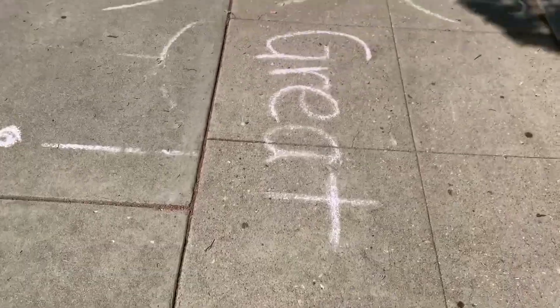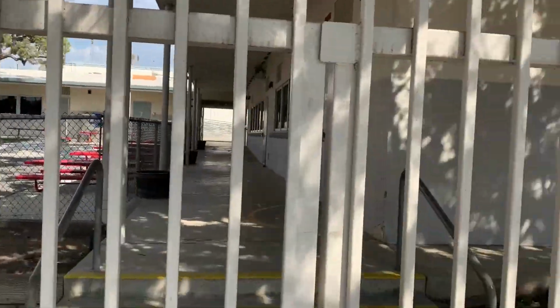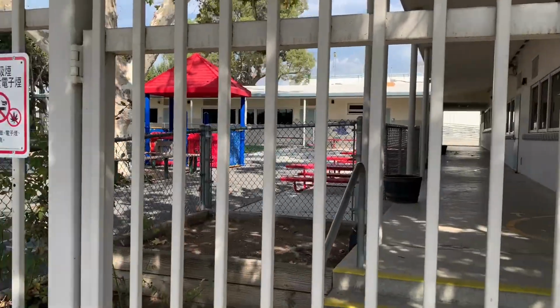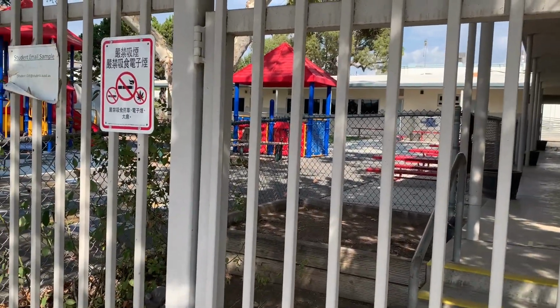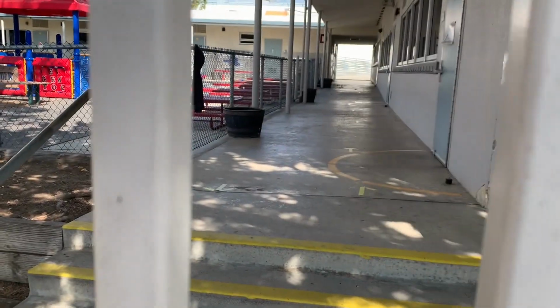So for this location, I am here at Garfield Elementary School. In Halloween, this was the elementary school that Tommy goes to. And in this scene right here,